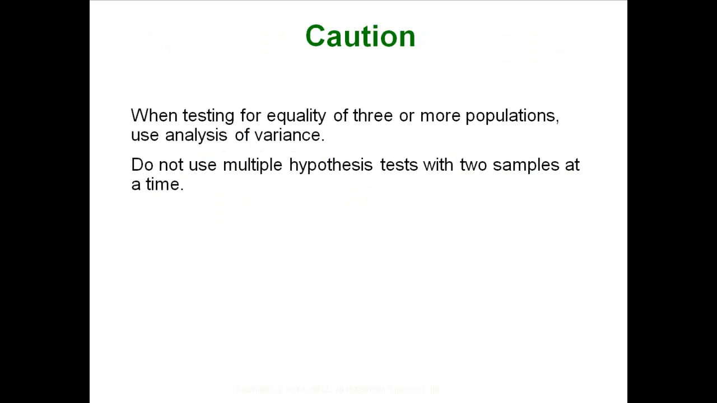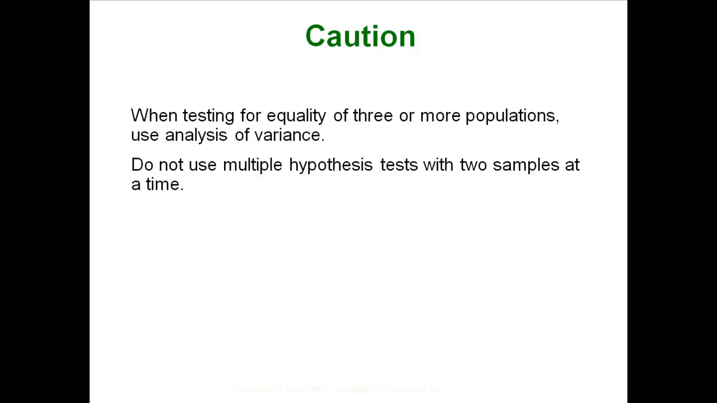Be careful. When we're testing for the equality of three or more populations, we have to use ANOVA. We cannot simply run our regular two-sample t-tests over and over again, right? You might think, well, hey, there's three groups, so can't I just test a difference between A and B, a difference between A and C, and a difference between B and C? I'll just run three two-sample t-tests. The problem with that is you're not controlling for your alpha level, right? Your alpha of 0.05, if you do it 3 times,